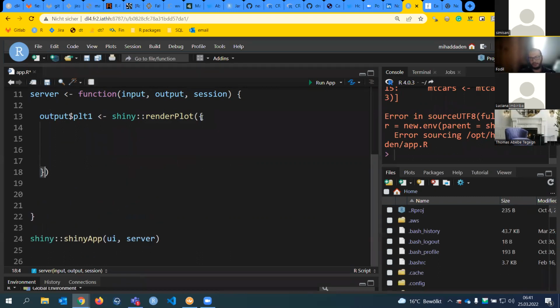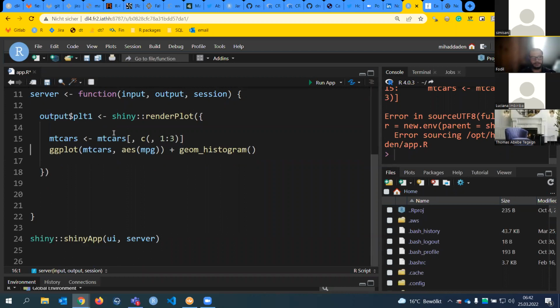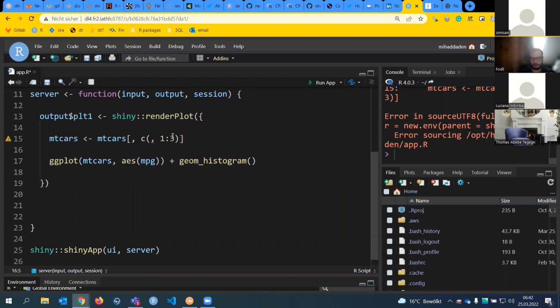So if you want to write a big code chunk here, you have to write these brackets. I don't know how to call them in English. If someone knows, it would be nice. I forgot, but you have to write them. And then here you can write whatever code you want. You can write 1,000 lines, it doesn't matter. So if you are writing 2, 3, 4 lines of code and you get an error, it must be that you have this issue.